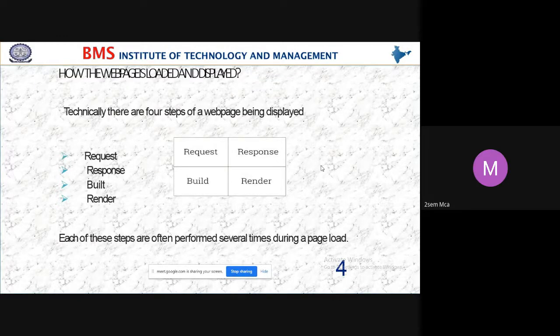So when I don't know what is HTML, or what is DOM, or what is the full form of W3C, what do we do? Quickly we will browse. In the browser, we send a request. Correct, no?